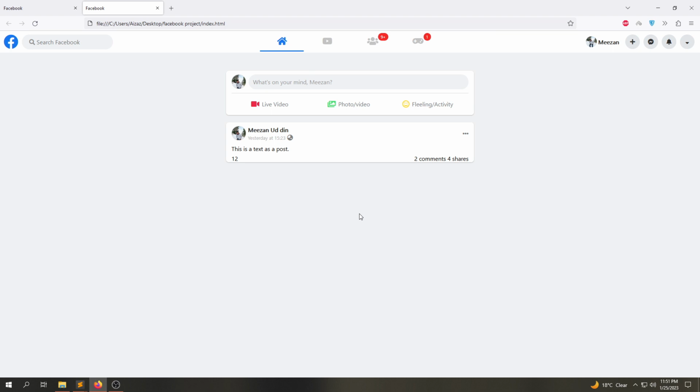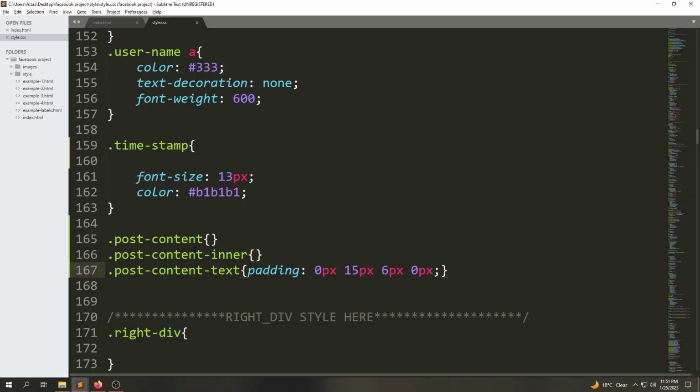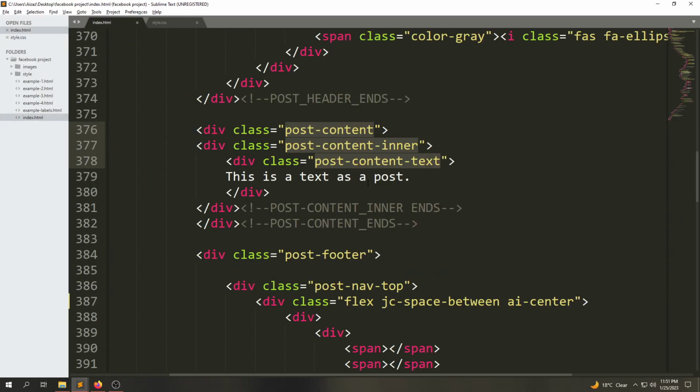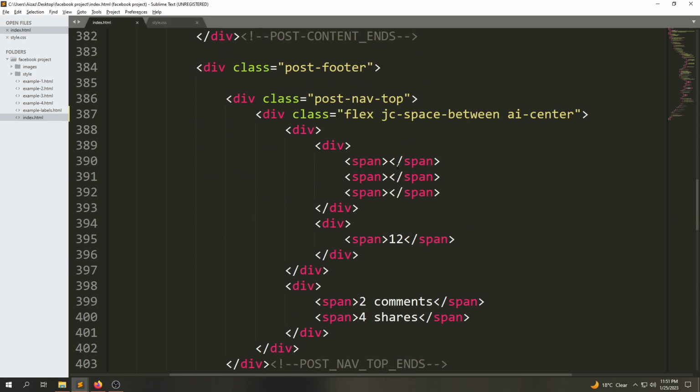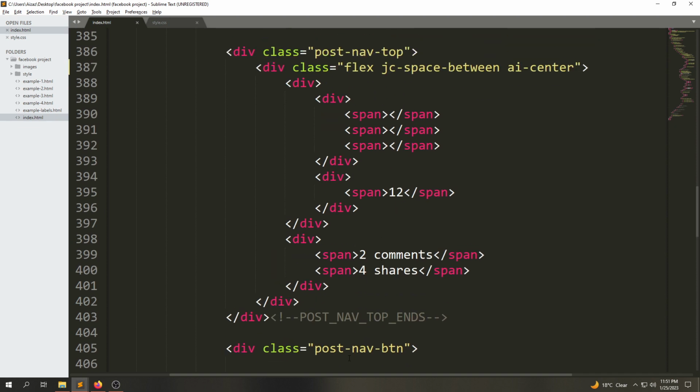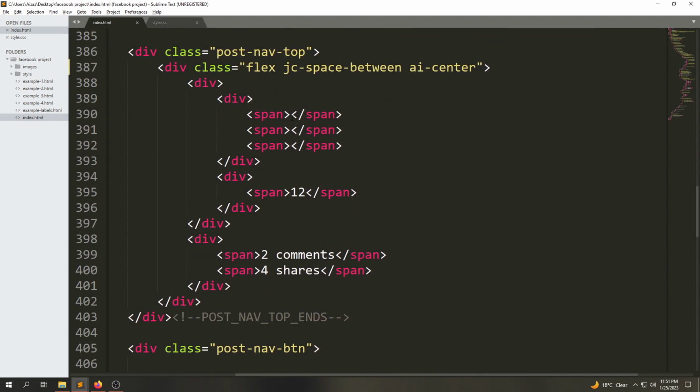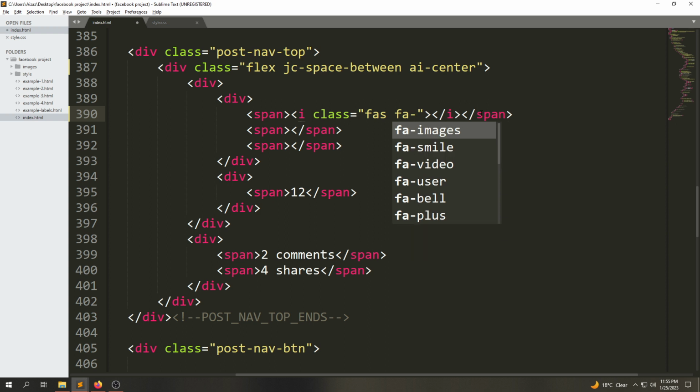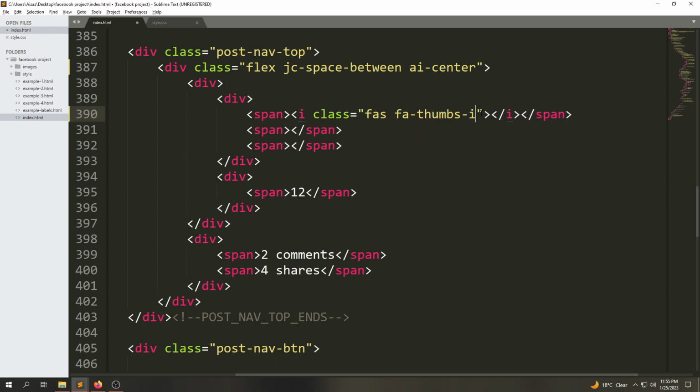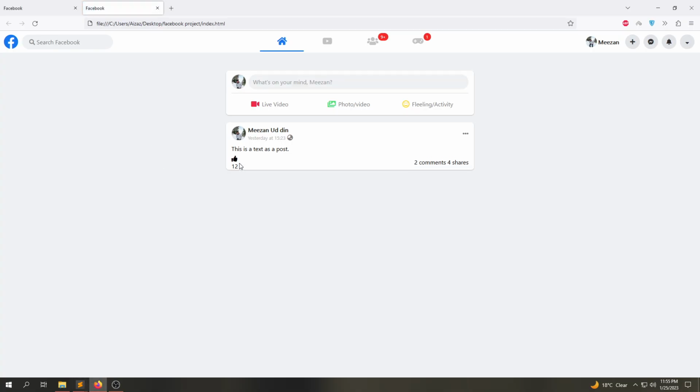So let's add the icons, these icons here. So let's go to index.html. Here if we scroll down, these spans are empty. So let's add something inside. The something is going to be the icons. So here we are going to add the tag, which is the i tag. So we are going to give a class of fas fa-thumbs-up, and save it. Now let's see whether it works or not. You can see it works, and it shows the icon,